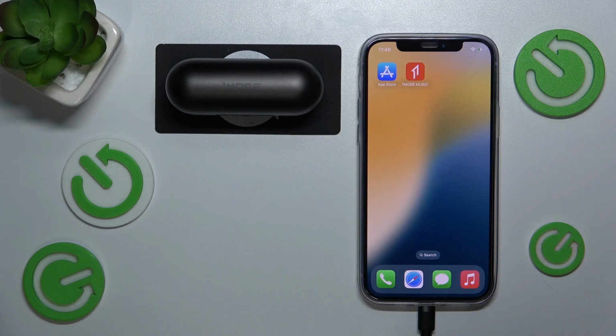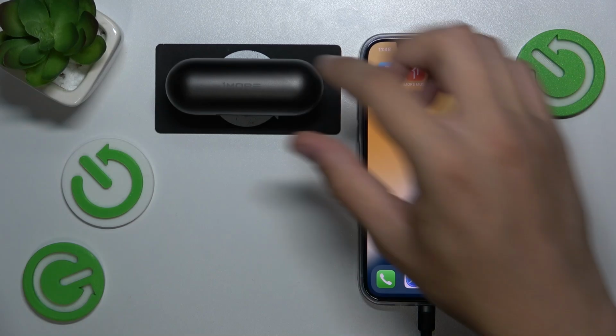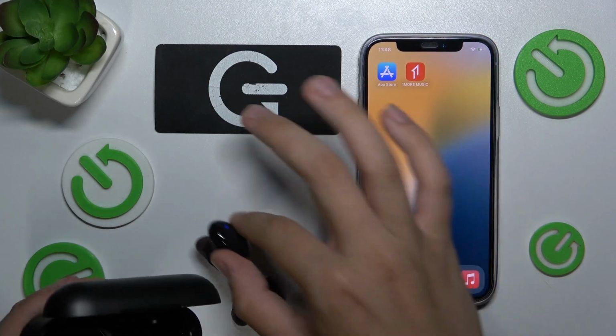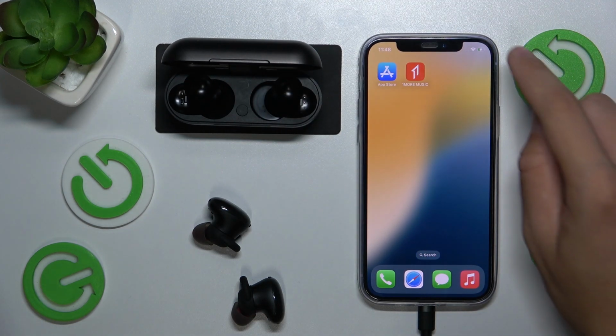headphones from your iPhone. Let's get started. Firstly, we have to remove our headphones from the case to have them connected with our phone, just like that. Now we have to go to Bluetooth,